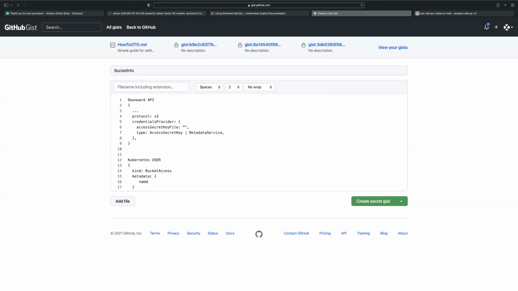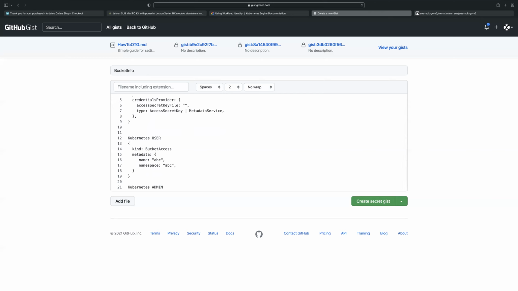I'm just going to put, and I'm just going to say namespace just to show that it's namespaced. All right, so okay, so then we have